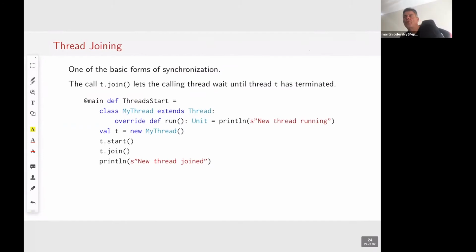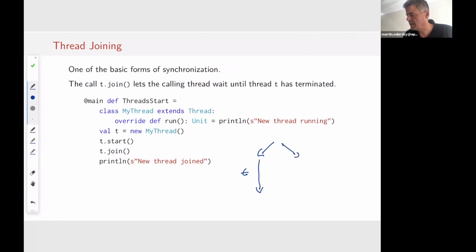Okay, so before we do the more advanced things, here's the simplest one, and that's just that we want to wait for a thread to terminate. We have two threads, so they fork: that's thread T, and here that's the main thread.